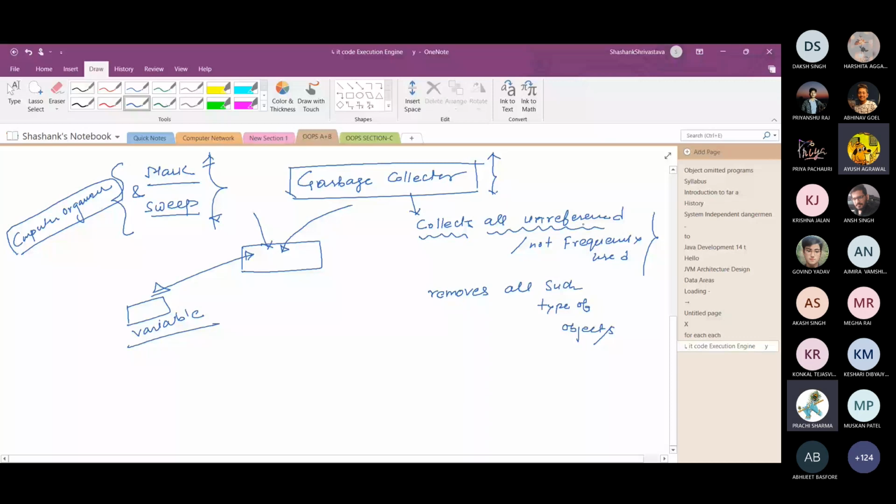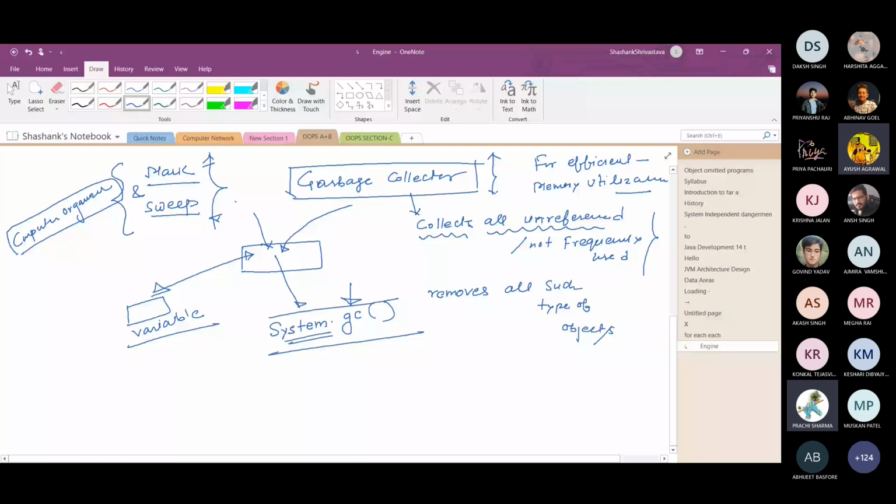The mark and sweep algorithm is internally triggered by a method of the System class, System.gc. The GC is for garbage collector. This method is called by the class name, so basically it is a static method. तो static keyword का भी अलग से हम लोग देखेंगे. What are the uses of the static keyword? So this is all about the Java virtual machine.